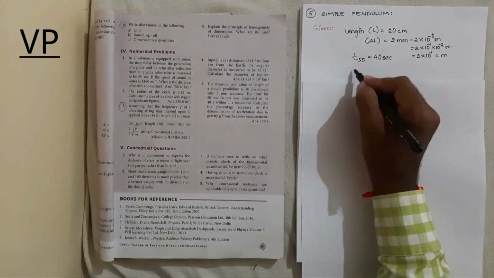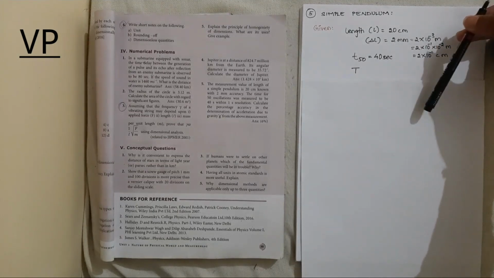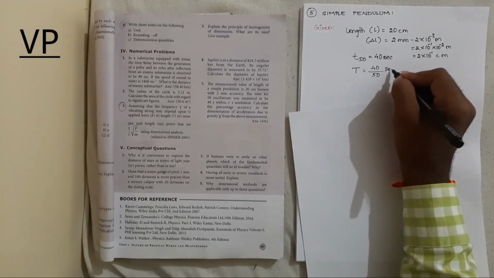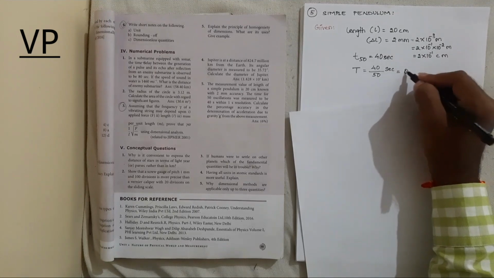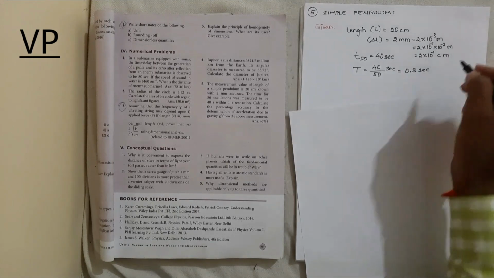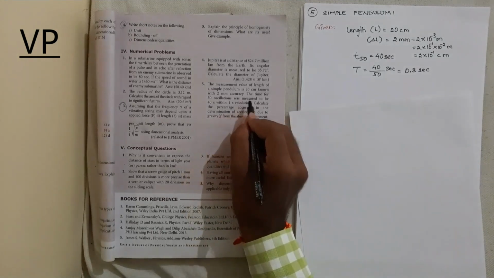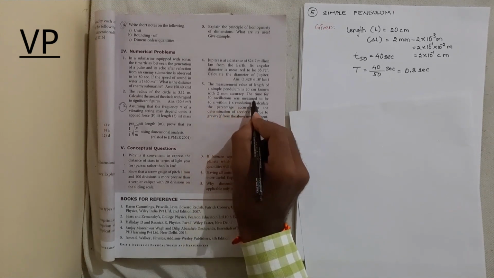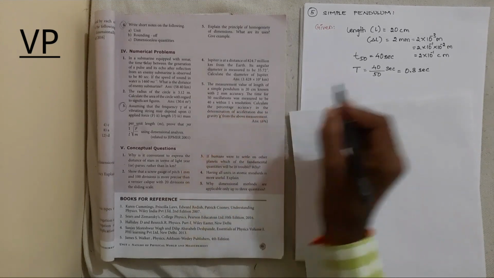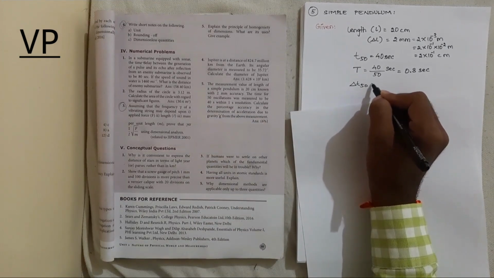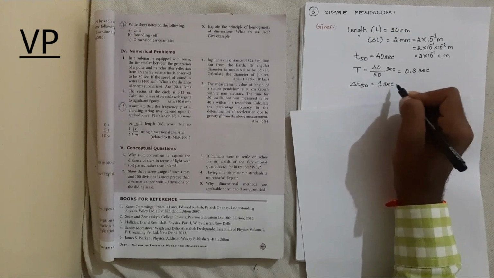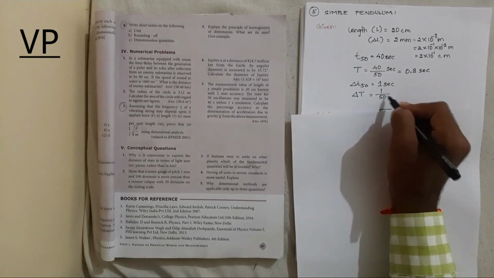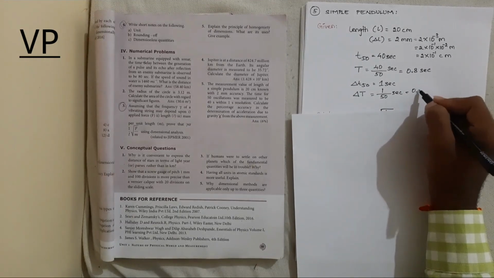We need the capital T, that is the time for one oscillation. For one oscillation, we can find it by 40 divided by 50 seconds, which is equal to 0.8 seconds. And now, it was measured to be 40 seconds with 1 second resolution. That is, the 50 oscillations were measured to be 40 seconds with 1 second resolution. So del t for 50 oscillations is 1 second. The accuracy is 1 second. Then the accuracy of capital del t is equal to 1 by 50 seconds, which is equal to 0.02 seconds.